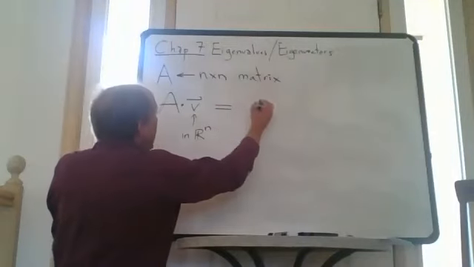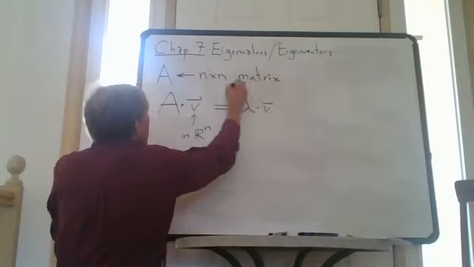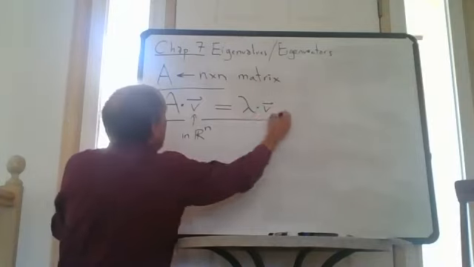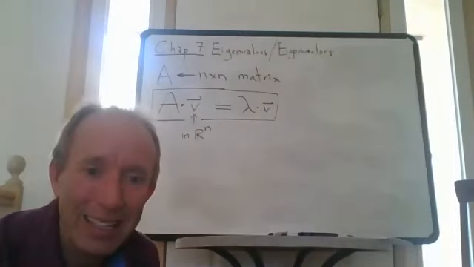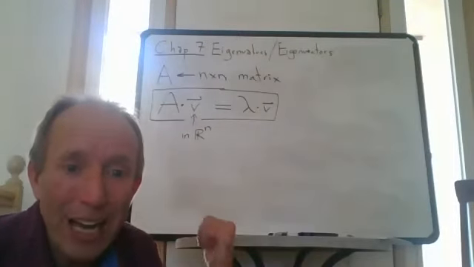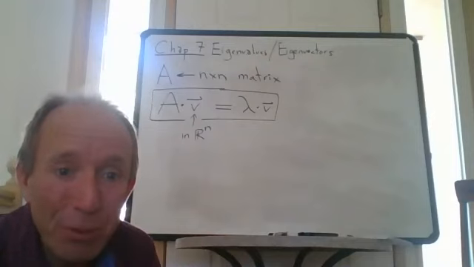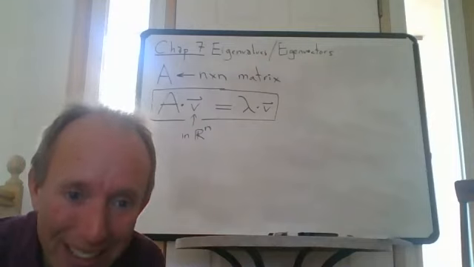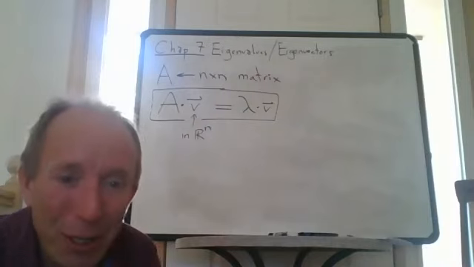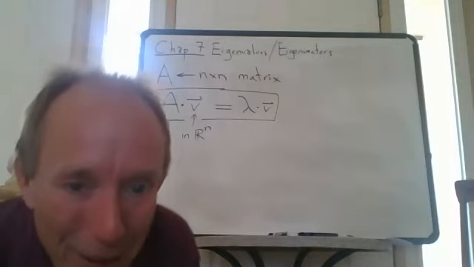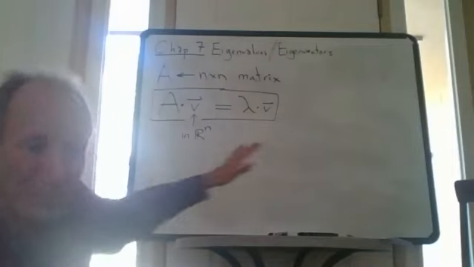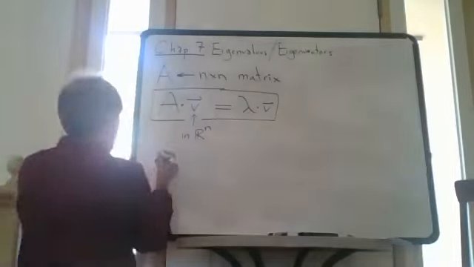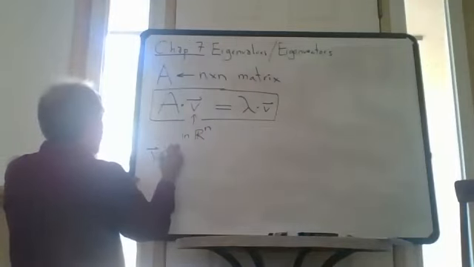It could be that after you do that multiplication, you get a multiple, which is called lambda, a multiple lambda of the same vector v back again. So what's on the board behind me right now is the most important equation in chapter 7: Av = λv. I'm going straight to the point here. This is the eigenvalue eigenvector equation. So if this happens, if v is not 0,